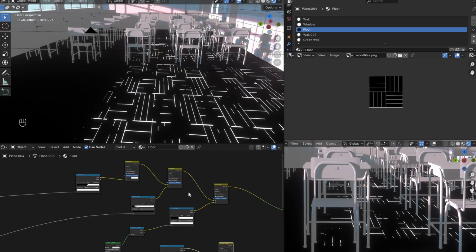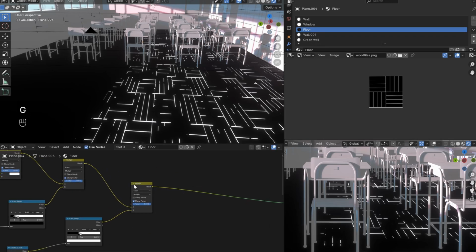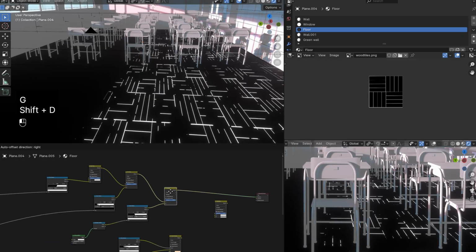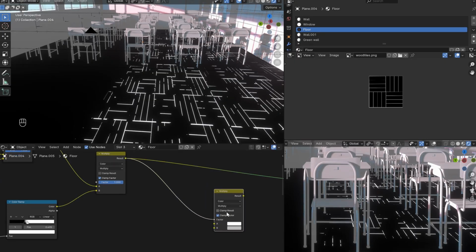Okay, so now that's done. All we need to do is add the color dodge that will add the highlights to the indents, which is perfect. Okay, final mix RGB or mix color, sorry. Bring this entire tree into the factor of this mix color. That should be set to color dodge,